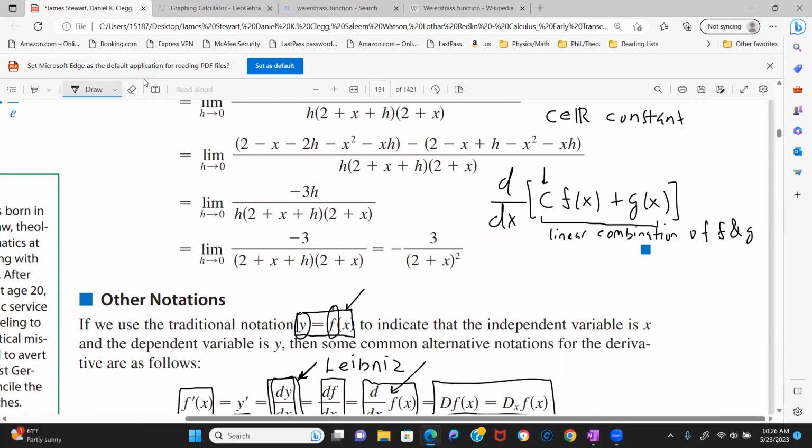If you want to compute the derivative of this linear combination,